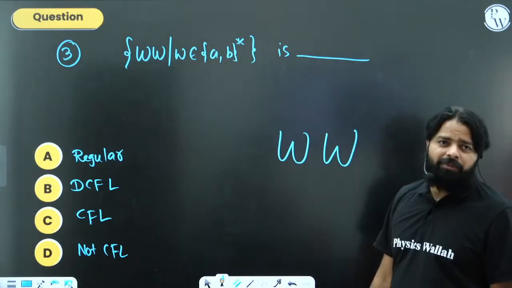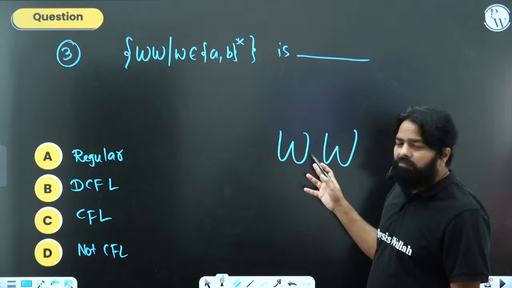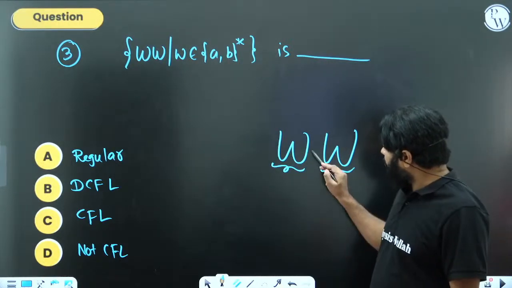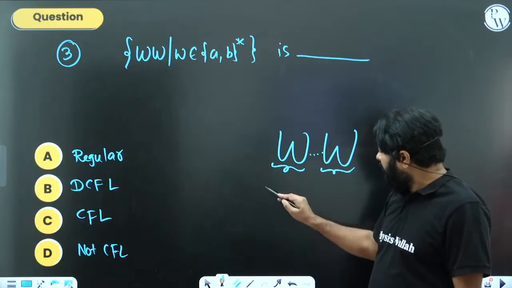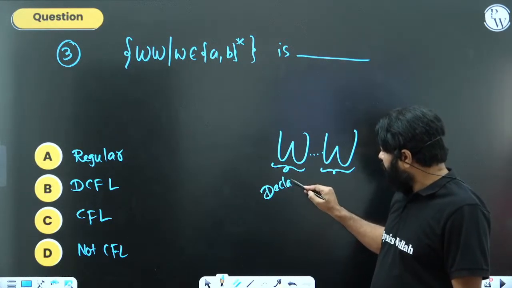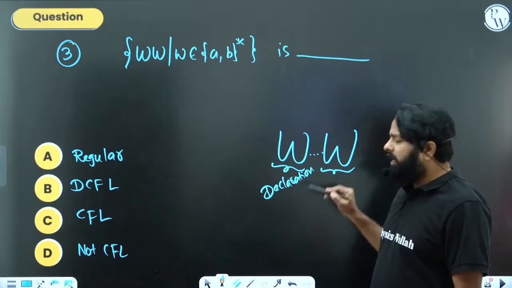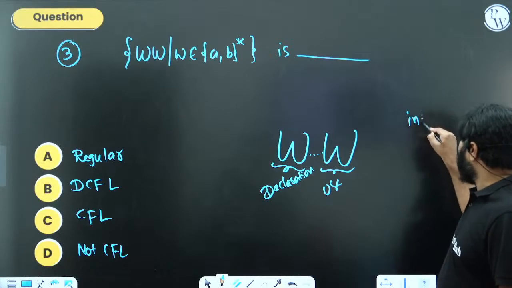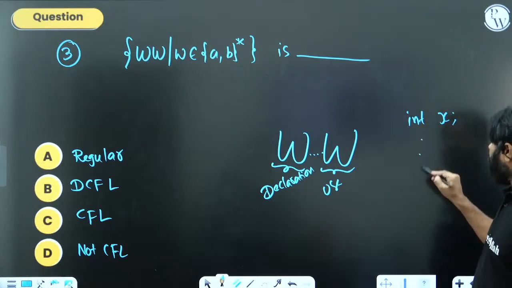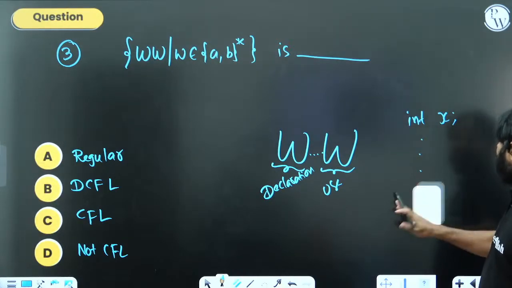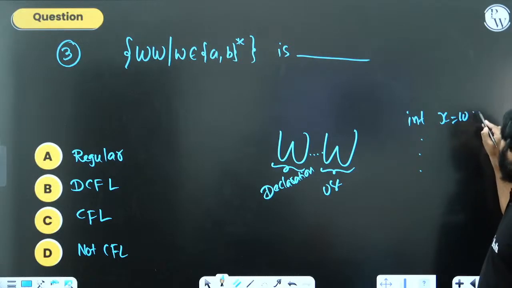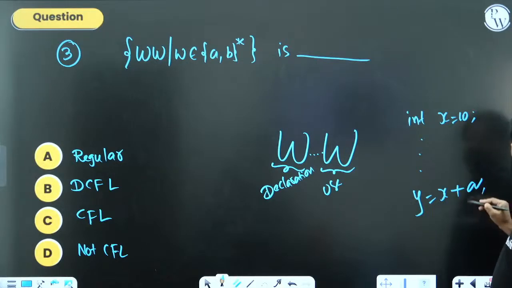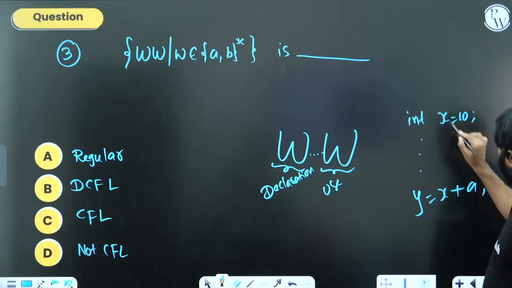इनकी एप्लीकेशन भी है। तो WW मतलब ये होता है, अगर यहां डिक्लेयर किया है, यहां यूज बोलते हैं हम, तो ये बहुत दूर भी हो सकता है, बट यहां पास में दिया है। अगर ये डिक्लेरेशन है, प्रोग्रामिंग में एक कॉन्सेप्ट होता है ना, एक जगह में डिक्लेयर कर लेते, दूसरी जगह में हम यूज करते, ऐसा होता है ना, int x, और बहुत दूर में हम यूज भी कर सकते, int x = 10 मान लो, कहीं पर यूज किया होगा y = x + a। तो ये क्या बोलते हैं हम, ये एक W है,